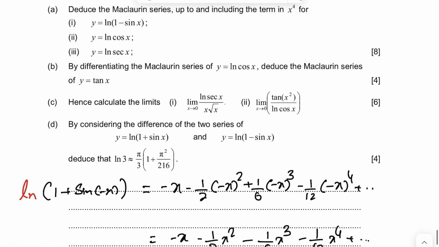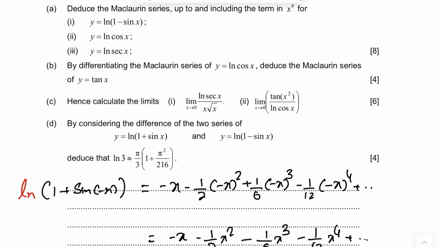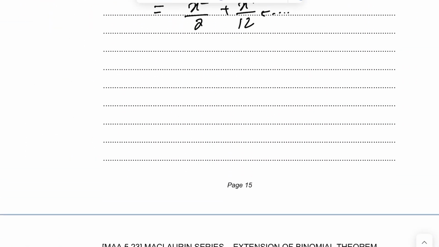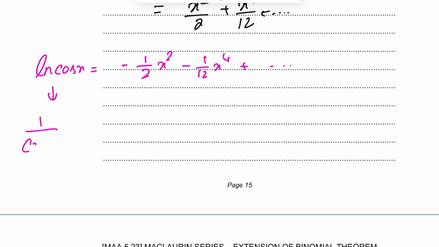Then by differentiating the Maclaurin series for y equals ln cos x, deduce the Maclaurin series for tan x. So we have ln cos x, which is minus 1 upon 2 x square minus 1 upon 12 x power 4 and so on. Differentiating both sides: ln cos x derivative is 1 upon cos x times the derivative of cos x, which is nothing but negative sin x,